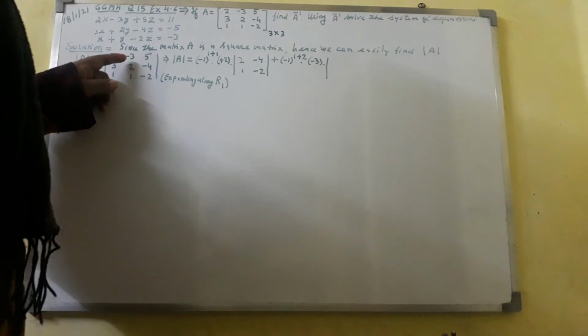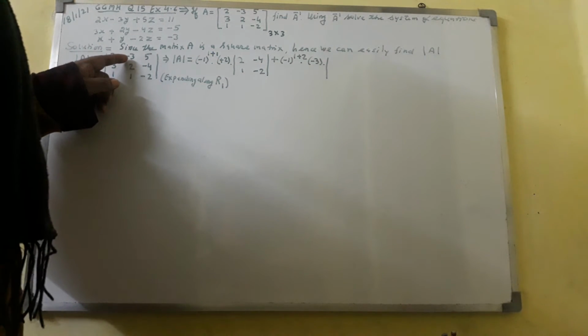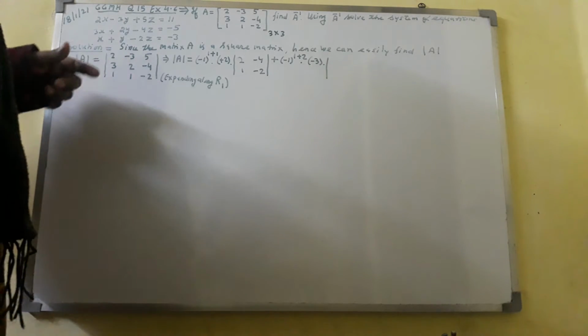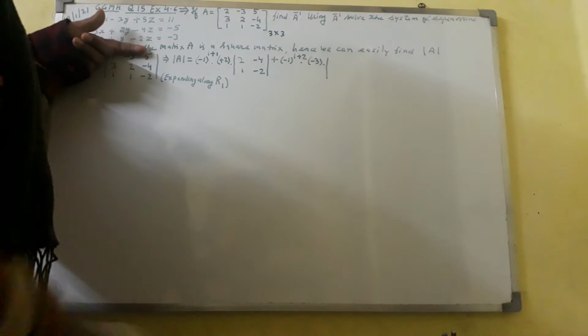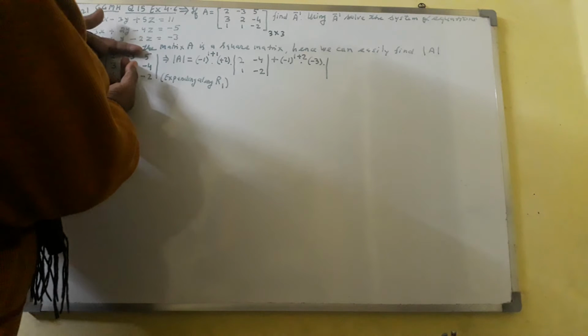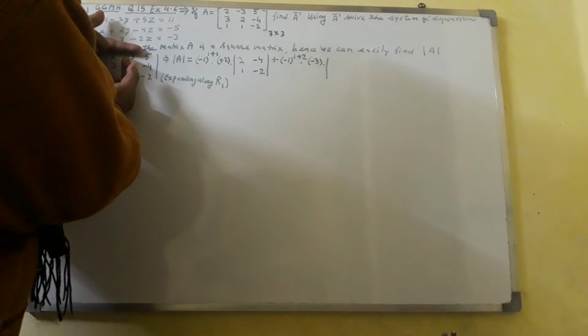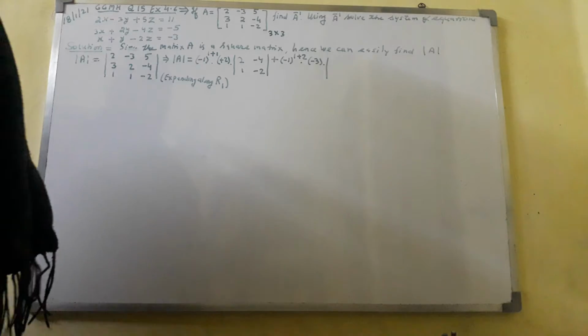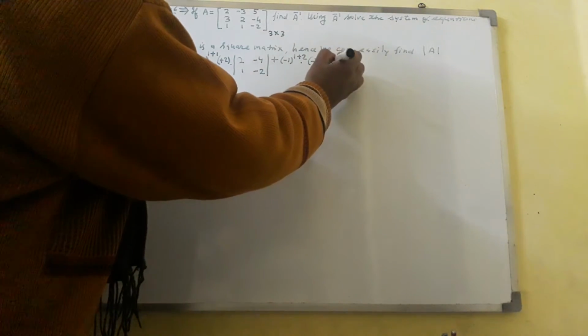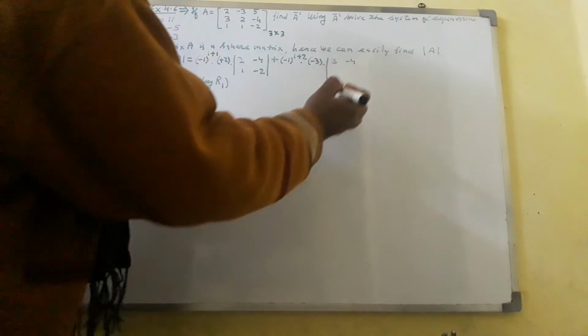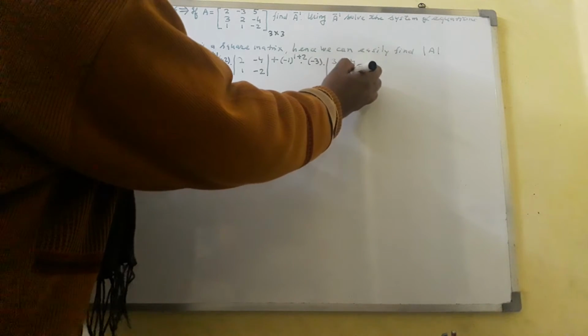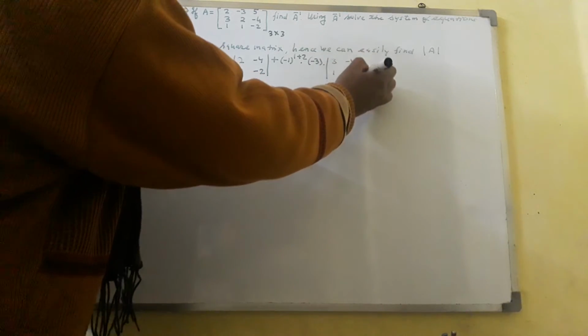And take the minor of minus 3. Minus 3 is there in first row and second column. The first row and second column will be hidden. You will get the minor of element minus 3 as 3, minus 4, 1, minus 2. So here write 3, minus 4, 1, minus 2, plus,